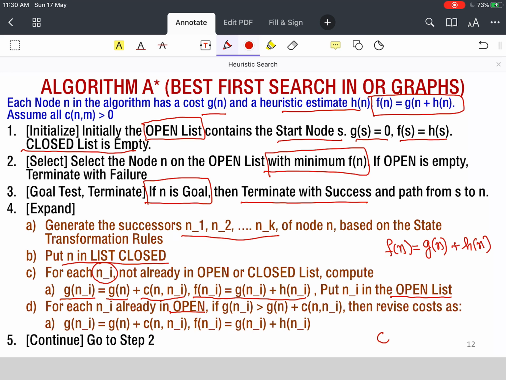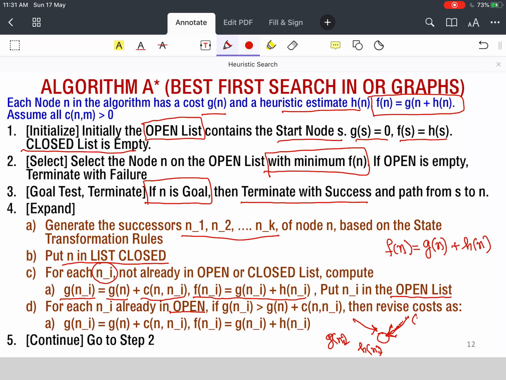But if that node is already in open, that means that node had come through a different path. Now it has come through another path. So it already has a G(n) value. The H(n) value is the same for a node irrespective of where it comes from. Now this n_i had a G(n_i) value and an H(n_i) value.